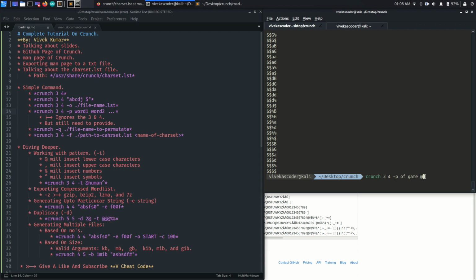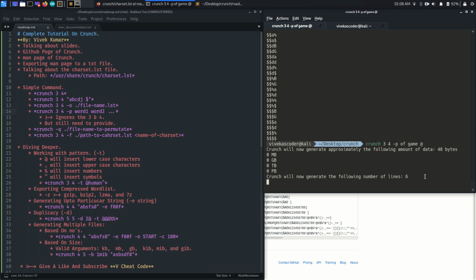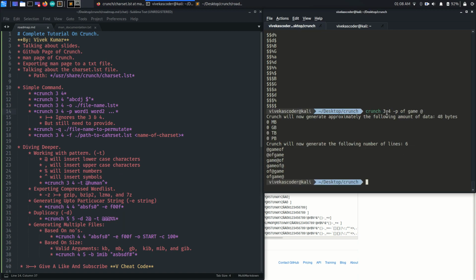Let's see what it is going to print. Note the minimum and maximum here, 3 and 4. Now you will see that it is printing the word list, which contains about 4 into 6, 17 words, and it contains 7 characters.